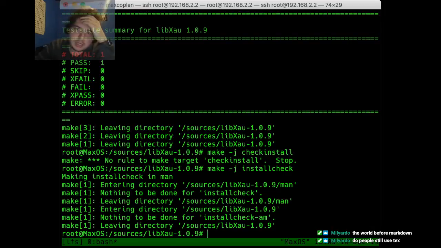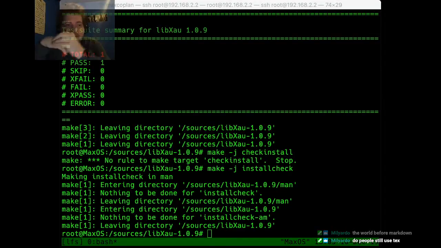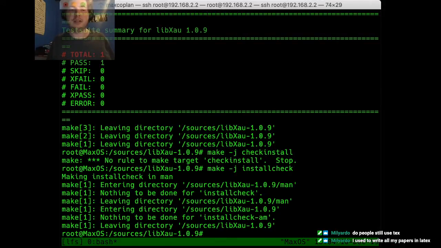People still use TeX? I don't know. Well, oh wait, are you talking about in like README files? I don't know, but in science, TeX is used all the time. Like I do physics, and LaTeX is the way to go. I mean, it's way better than Markdown for that. Yeah, LaTeX is definitely used for mathematics and physics.